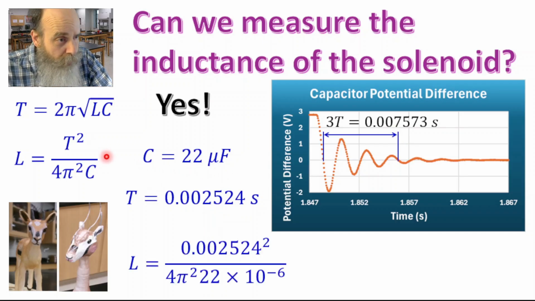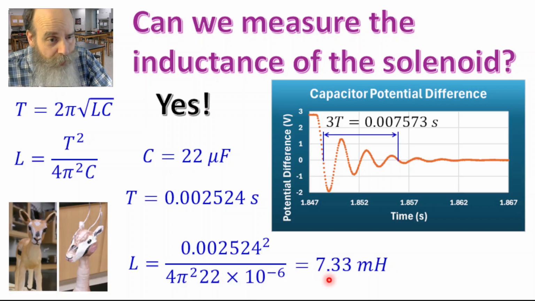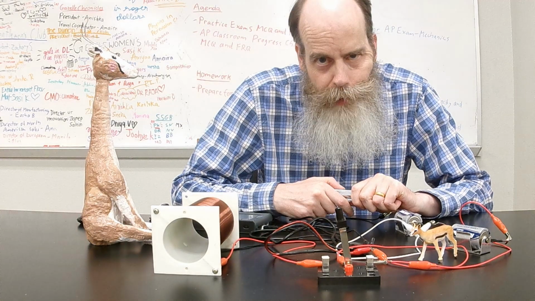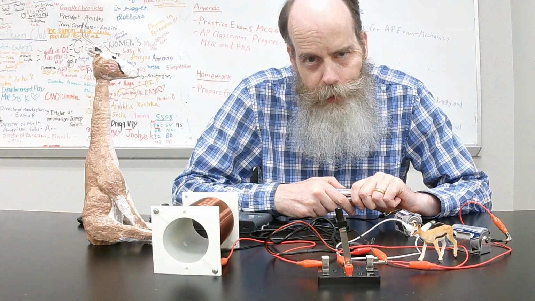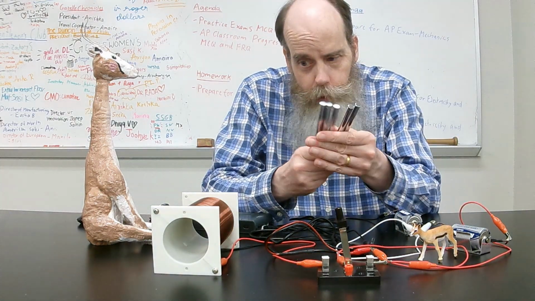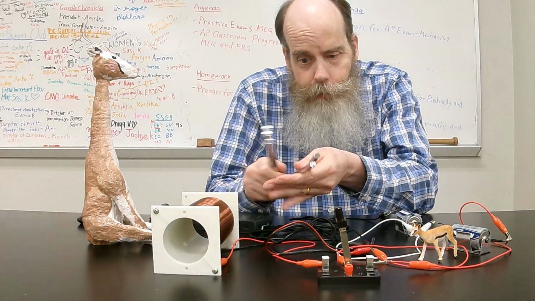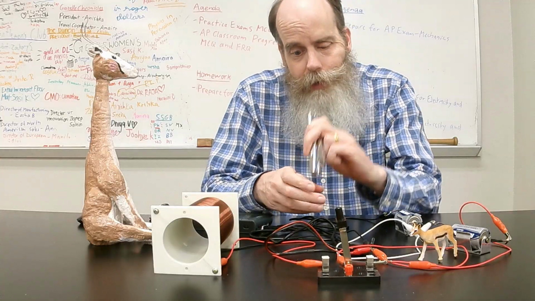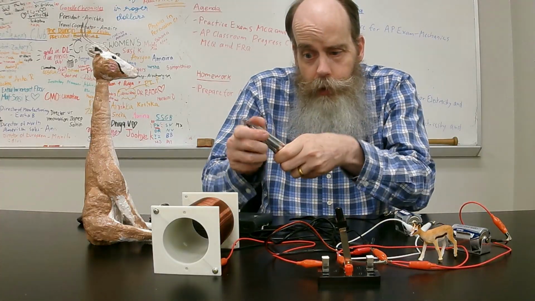Now, substitute everything into this expression to find L. Period squared divided by 4 pi squared, 22 times 10 to the negative 6. We get 7.33 millihenries. In our next experiment, we want to determine the effect of adding iron bars to the solenoid. So I'm going to stick these 5 iron bars into the solenoid,